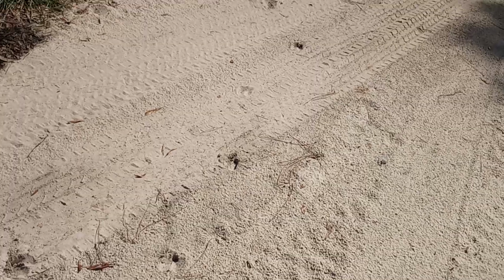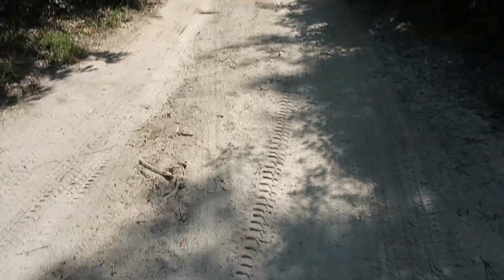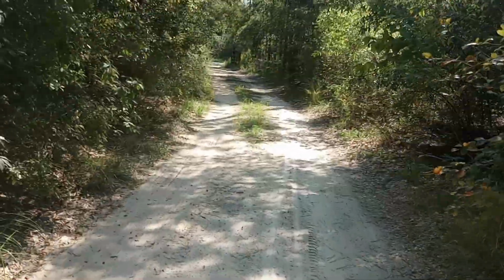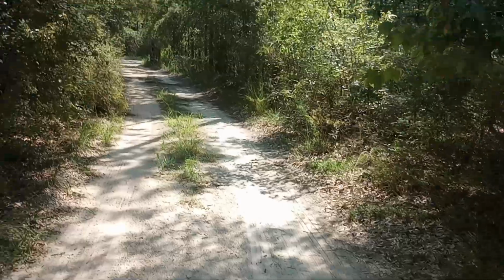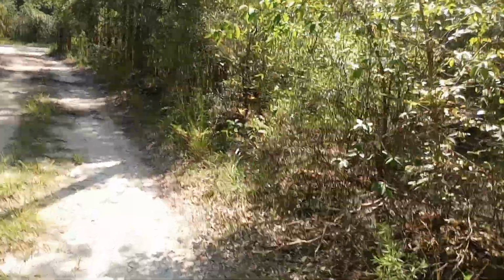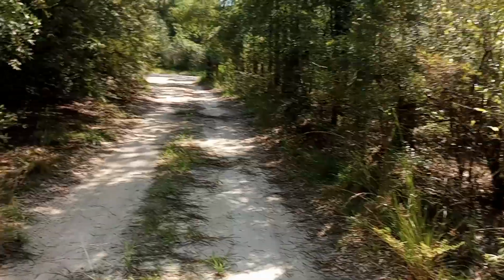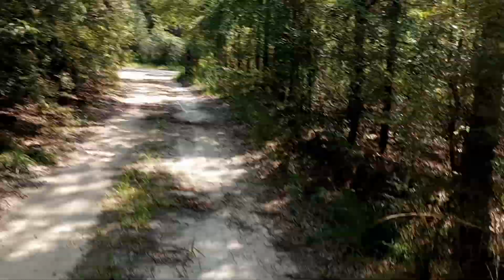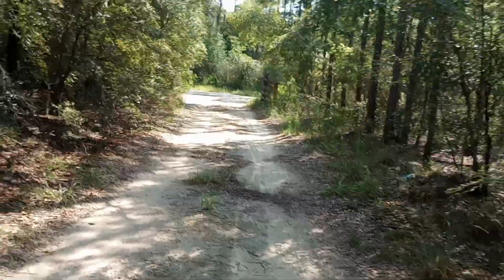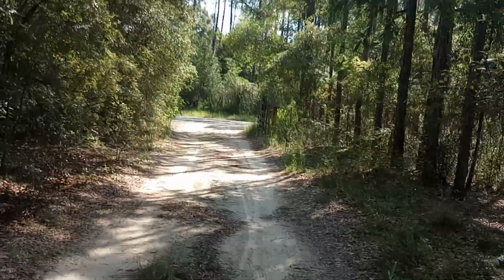And I'm trying to look at these prints. Looks like two toes. When I get back, I'll try and figure out what that could be. I'm not real good at that type of identification. Half the time, I don't even know my own name. Let's see here. What do we got? One of my previous videos, a dragonfly was just going crazy, literally attacking my face. And